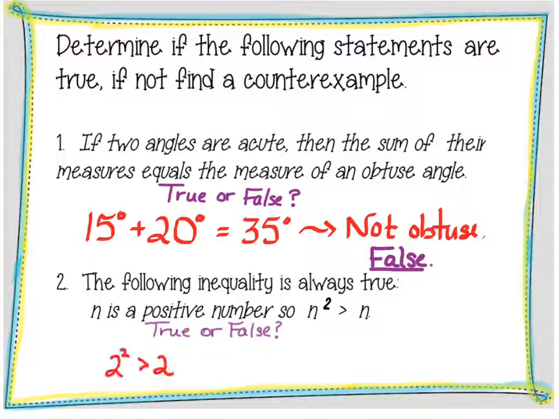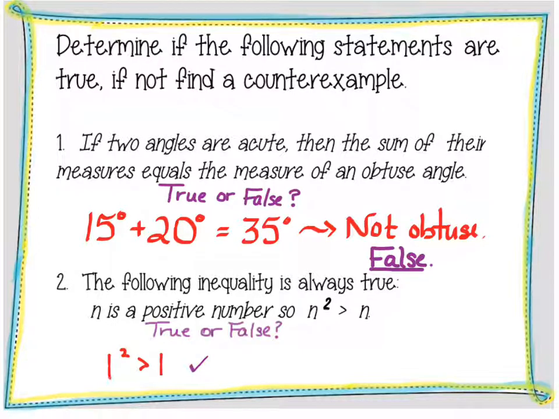So I'm going to start just playing around with some numbers. I'm going to choose the number 2. When I square it, is it bigger than the 2? And the answer is yes. What about 3 squared? Is 3 squared bigger than 3? Yes. And I could keep going. I could say 7 squared is 49, and 49 is bigger than 7, and so on and so forth. So going in the big number direction, I'm not going to be able to find a counterexample,